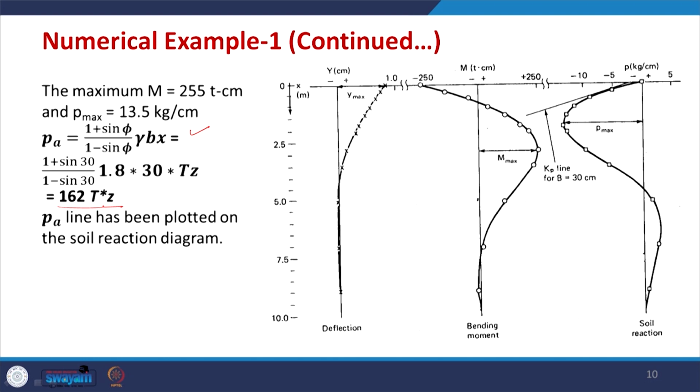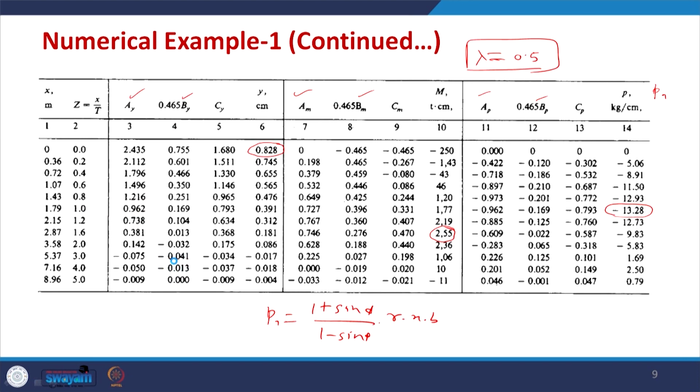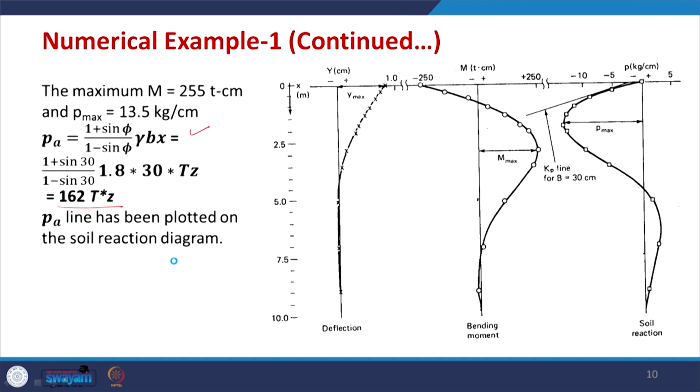Where your z is varying with the depth and x equal to t z. So, you have just put the value and t is already known to you. So, the P A is also plotted. So, all the values calculated from this table here they had been plotted in this figure. So, deflection you could see deflection is maximum at the top and decreasing continuously and ultimately almost becomes 0 and